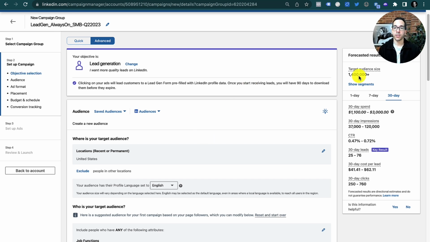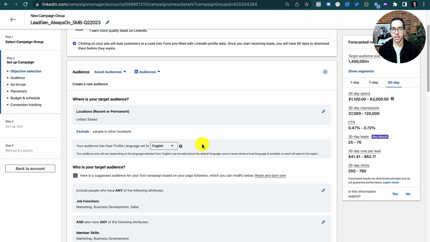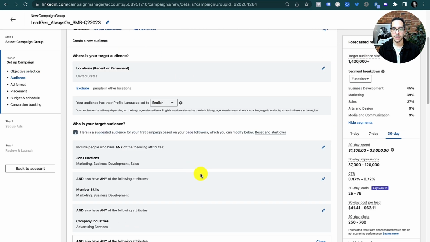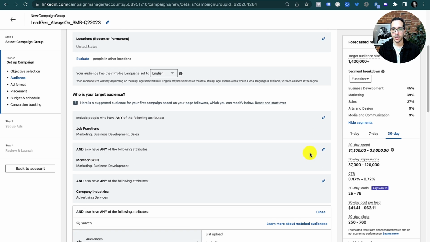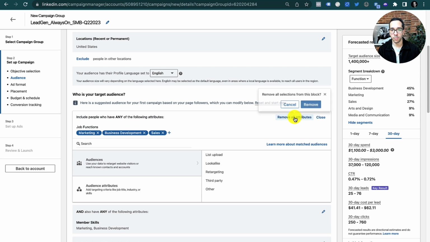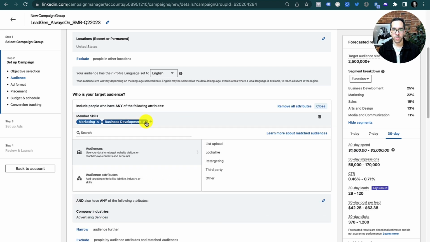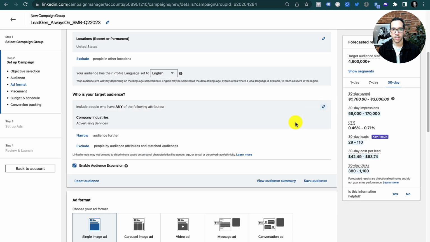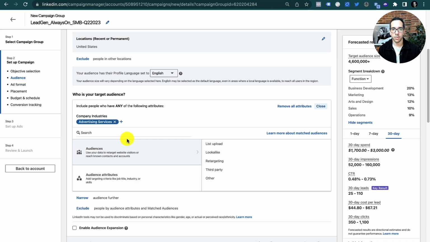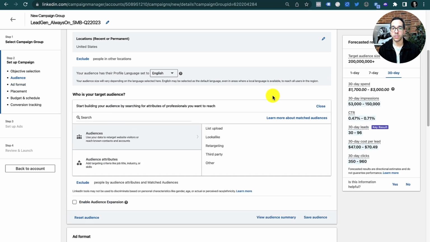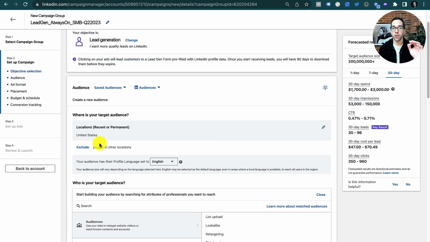On the right-hand side, you're already seeing LinkedIn telling me the universe of the audience that I have. So we're looking at United States, and I don't know why it actually defaulted to this information. So I'm just gonna remove all attributes here. Close, I'm gonna remove all of these. And then I'm going to remove this. And now we should see the total universe of targetable audiences in the United States, which is a little bit